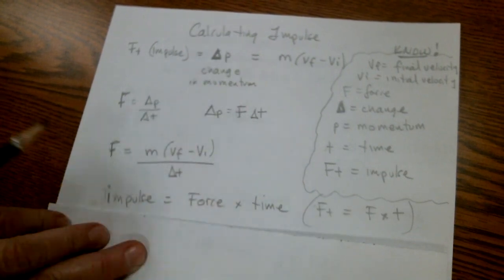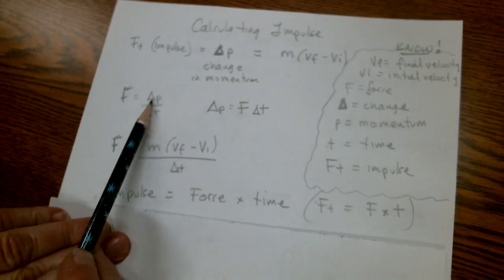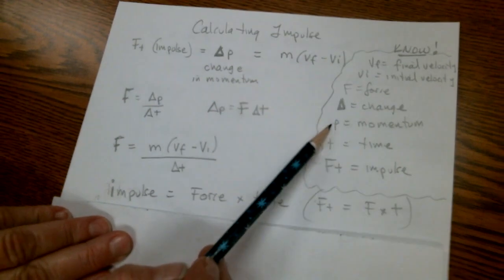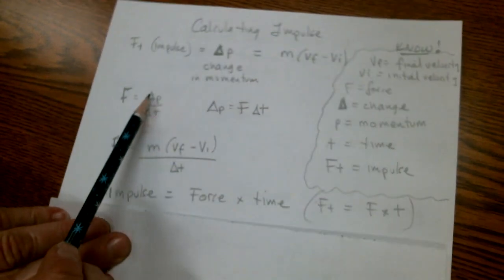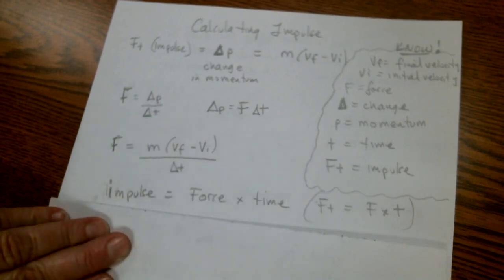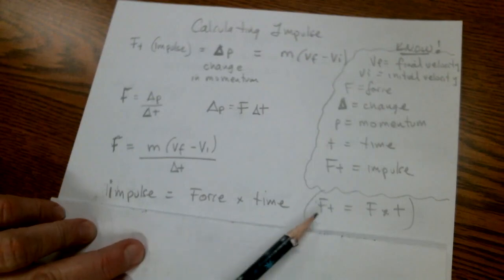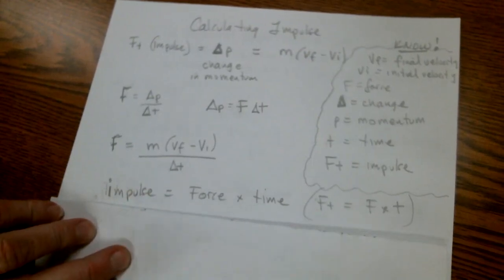All of these equations will be on the test, and it will be on the final also. But you need to know how to apply them. If you're not sure what this means, well, delta means change, m means momentum, so change in momentum over change in time. Okay, again, force times time is impulse, and we can write it with words or here with